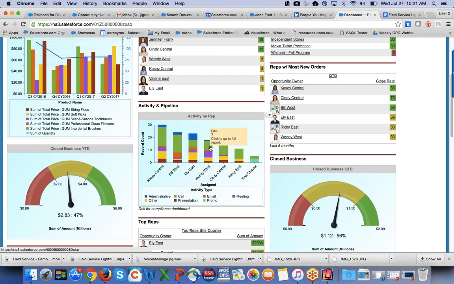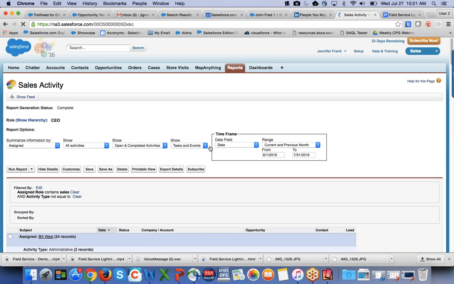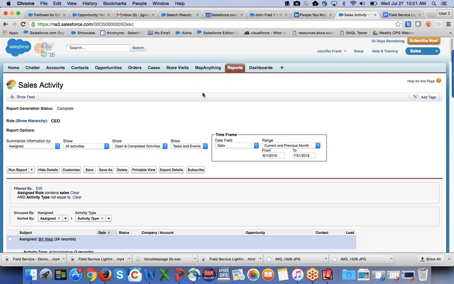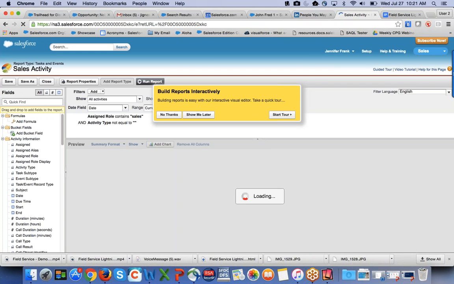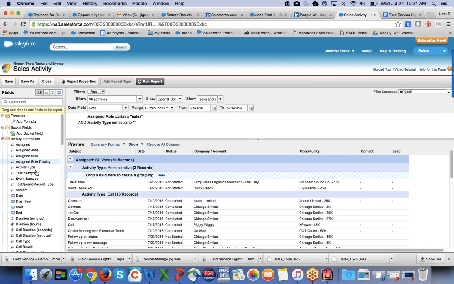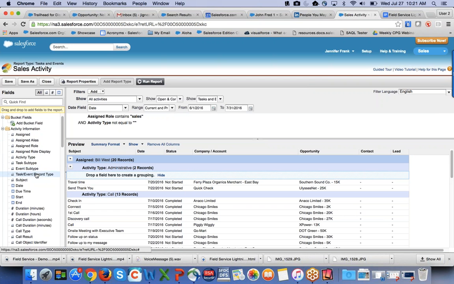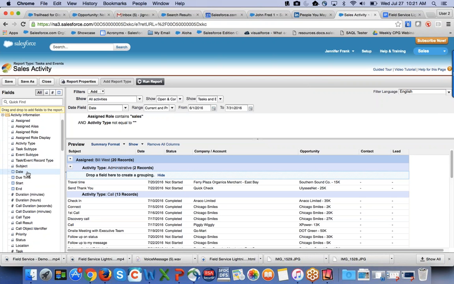So, for example, let me just drill into this one activity report. It's all the data mapped in it. Right, exactly. It's all drag and drop. Yep. So here, when I hit customize report, you can actually see all the objects that are available to you and the fields associated. So you simply drag and drop. If you wanted to drop the